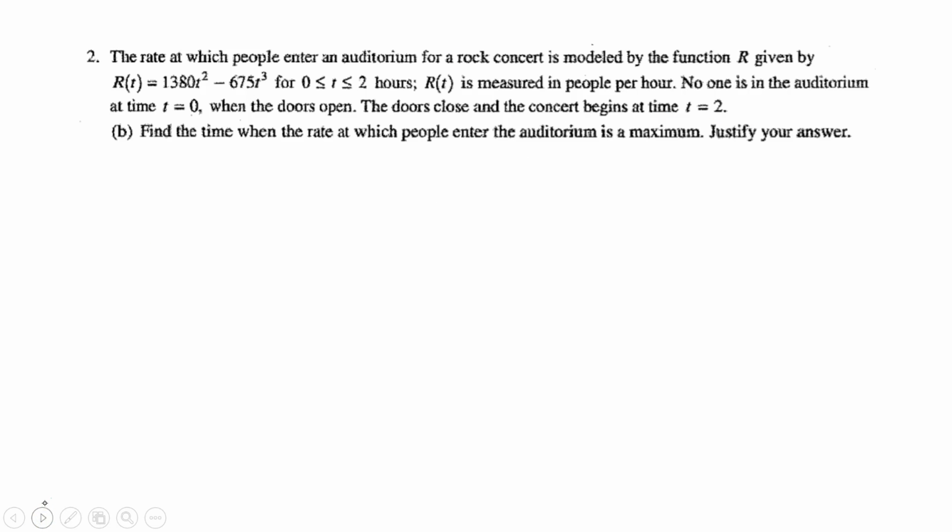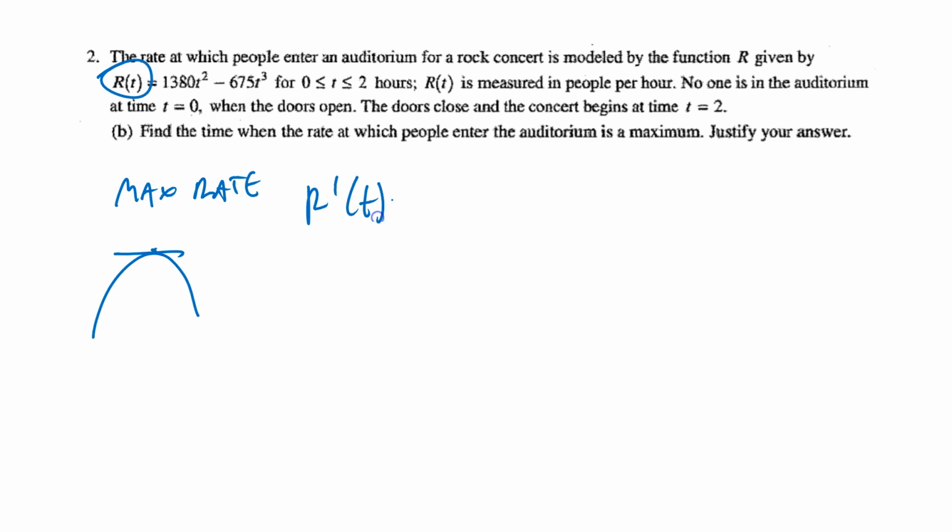Okay. Now they want us to find the time when the rate at which people enter the auditorium is at a maximum. So I want the maximum rate. Well, this is the function for the actual rate. So if I want to find when it's at maximum, I need to take the derivative and find out when it's 0. So we're going to find r prime of t, which we just move the 2 down to the front and the 3 down to the front. That gives me